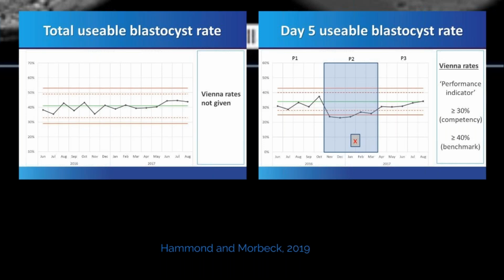Anytime we see changes in a control chart, you have to weigh a lot of different factors. And one of the factors with the culture media could be just that embryos grew at a different rate. We still get as many blastocysts, and therefore we would end up with a similar total pregnancy rate per OPU, but maybe a lower pregnancy rate on the first transfer. And so